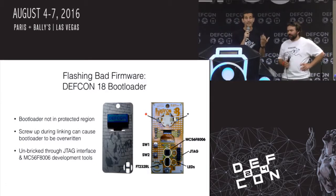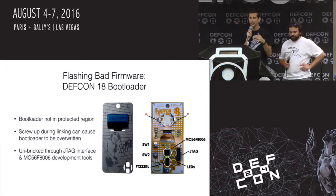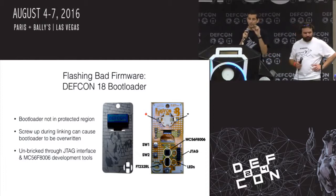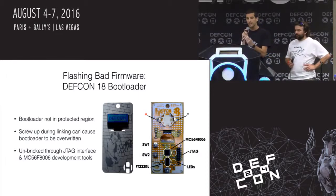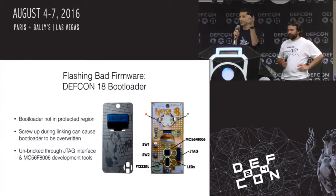MC56F8006. It was a Freescale-based digital signal controller, a microcontroller that had lots of good hardware functionality for sort of DSP types of functions, but in a microcontroller. And I had a bootloader in there that you could load new code into through USB, to try to make it easier for people to hack on their badges without needing JTAG hardware and debug hardware and all that stuff,